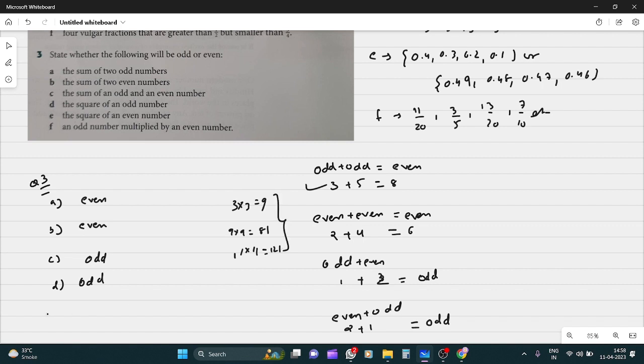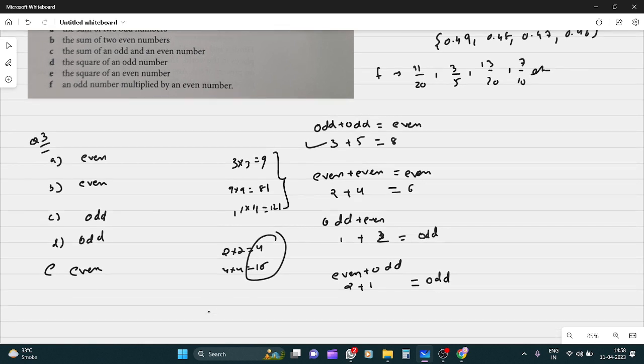Okay. Then the square of an even number is obviously even. Check it out. 2 into 2 is 4. 4 into 4 is 16. Hence these are even numbers. Okay, an odd number multiplied by an even number always gives an even number. Okay,